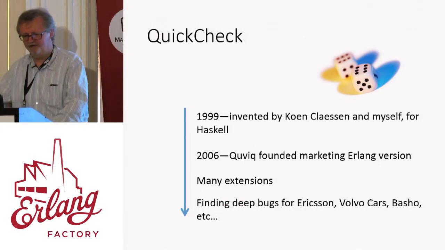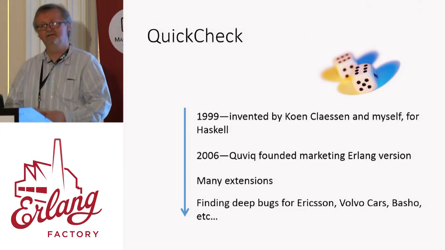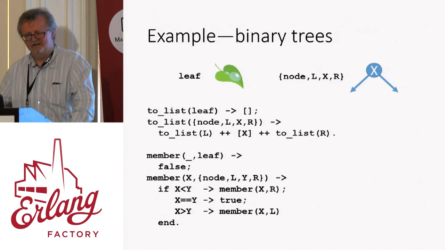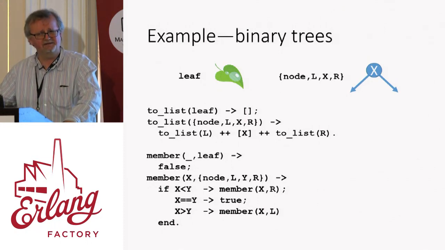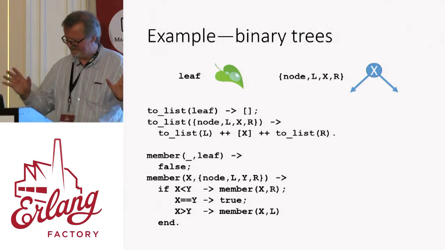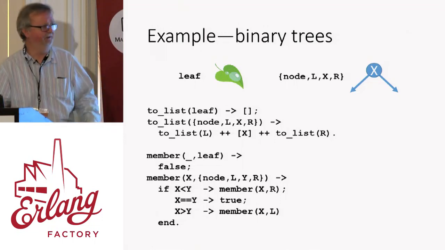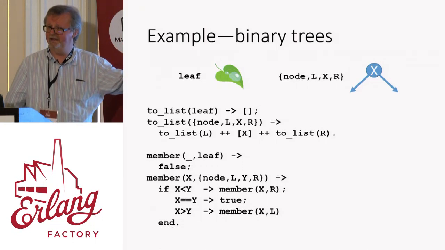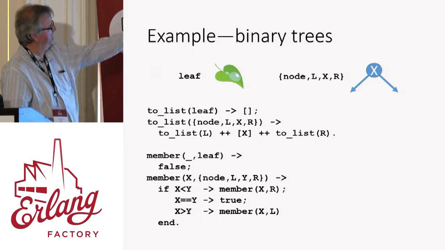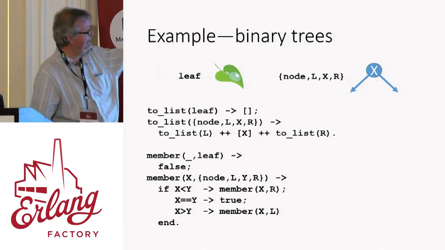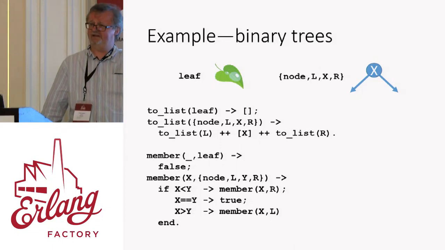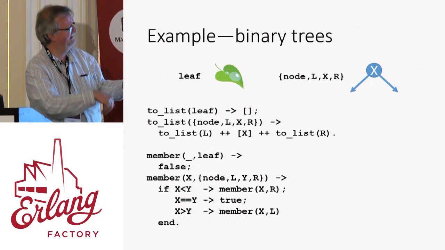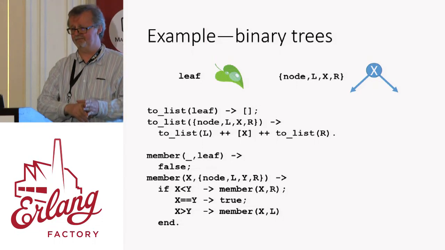So I'm going to start off by doing a very simple example of QuickCheck testing. And I want you to think back to your first or second year data structures course. I know it was a long time ago, but nevertheless, I'm just going to use an example from that because it's simple. I'm going to test some code for implementing binary trees, ordered binary trees. So I'm going to represent them in Erlang as either a leaf, that's just an atom, or a node with 2 subtrees. And that's going to be a tuple with a node tag, and then a left subtree, the value in the node, and the right subtree.